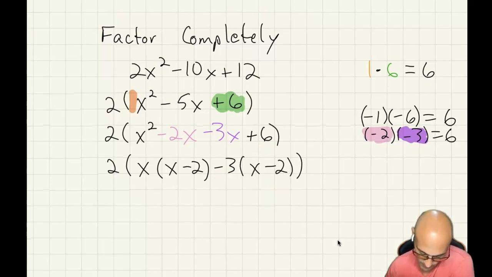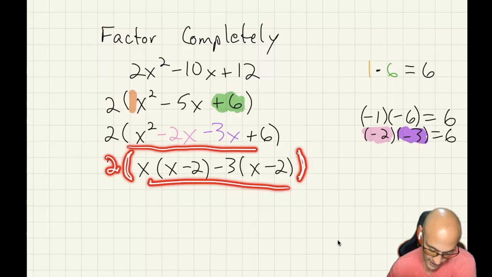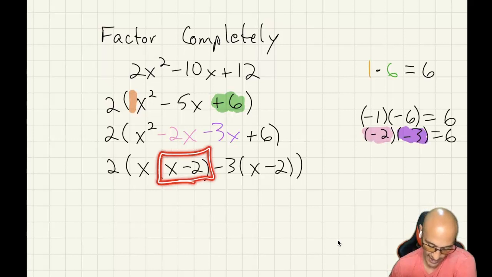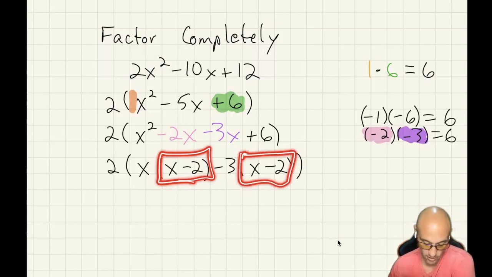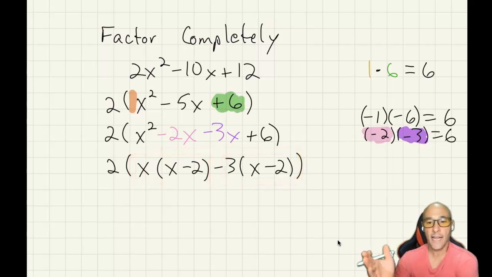And now, these parentheses here are saying I'm multiplying everything inside by 2, just like I was up here. So it's important to have those parentheses there. The other thing that's really important to see is that I have this factor, x minus 2. It's a binomial, and it's a factor here, and it's a factor there. So this next step is factoring that out of